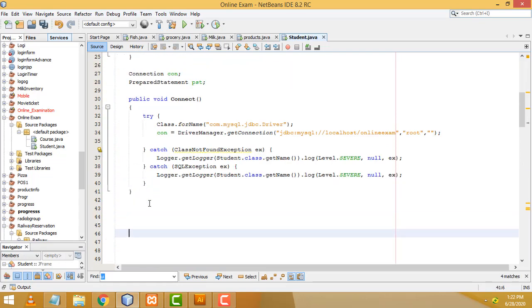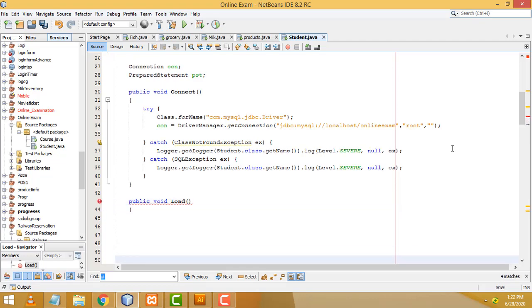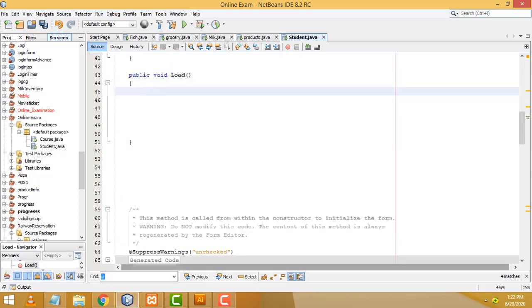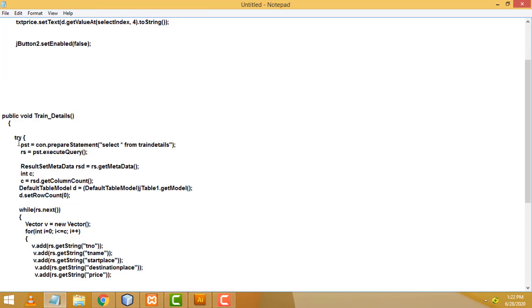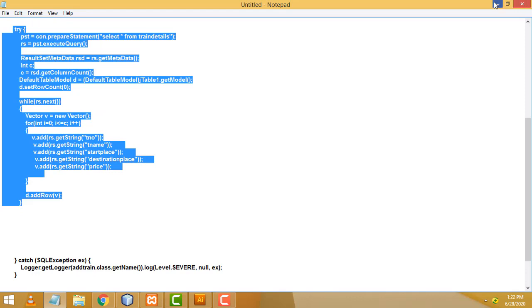So we have right here public void load. Here I am going to load the student records. I have already written the code, so let me change the code. Now let's copy and paste it.